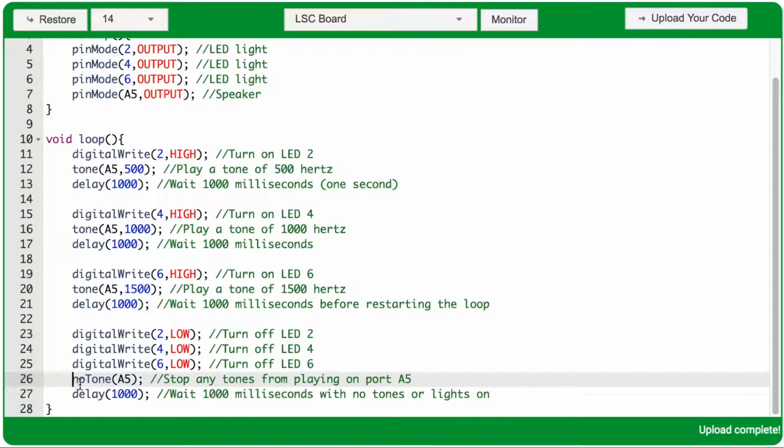Next you have a noTone function, and that only needs one argument. Which port are you stopping the tone from playing on? Because your speaker is plugged into port A5, you put A5 in here to stop any tone that's playing on the speaker. There's a delay of 1000 milliseconds with no LEDs on and no tone playing at all, before the